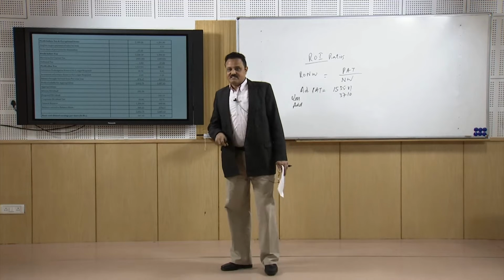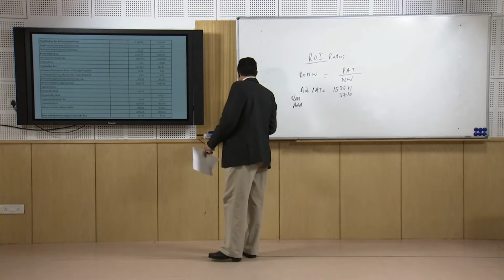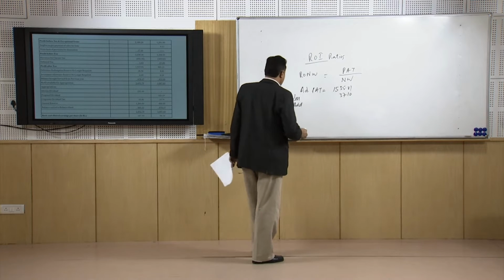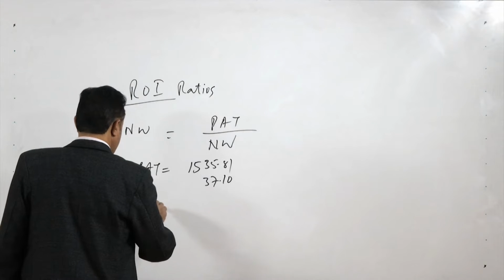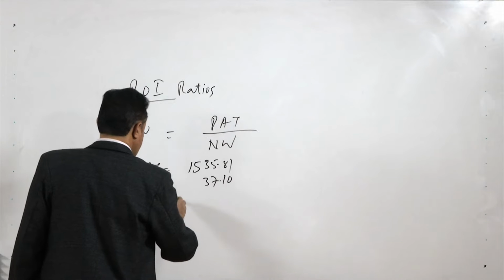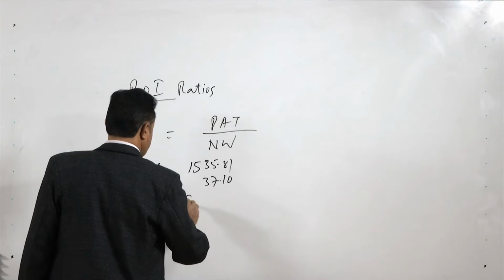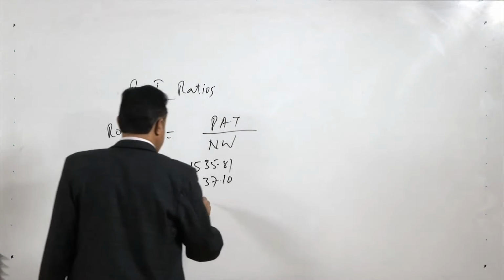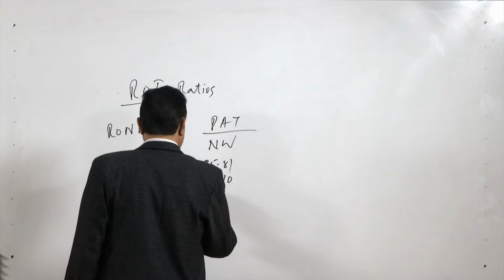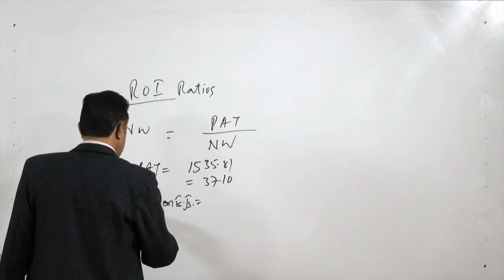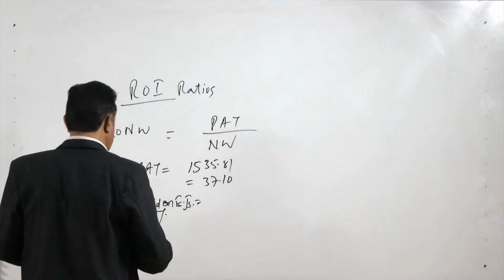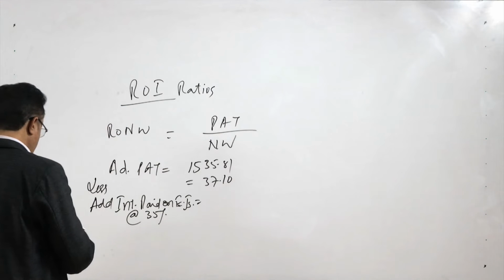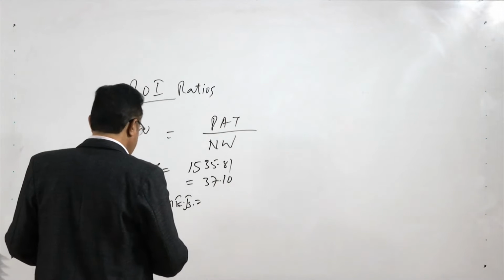So when we are subtracting this income, we should add back the tax paid on exceptional incomes, that is at the rate of 35%, and if you calculate that on 37.10 crore at the rate of 35%,